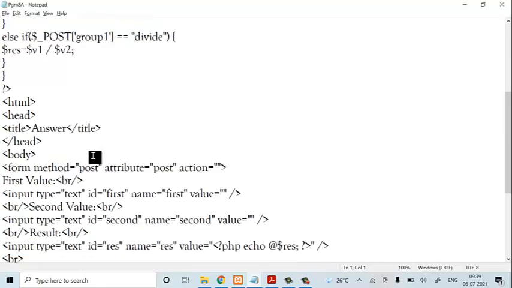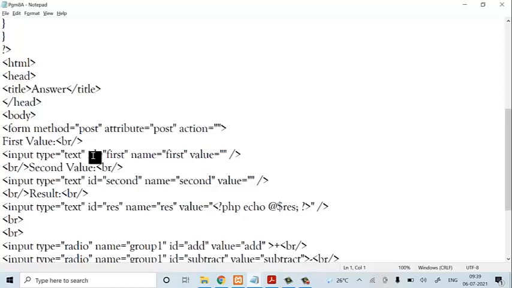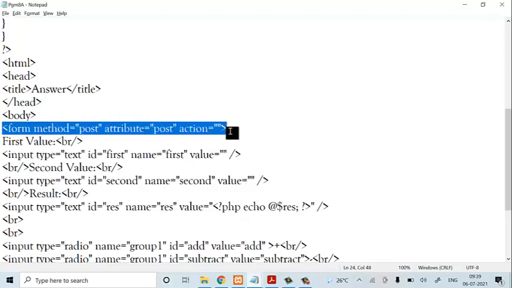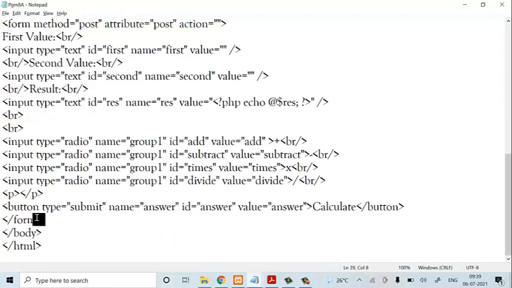Okay, so now we will see the front end part. First we know that whatever text boxes and check boxes you want to put in the web page should be incorporated within the form tag. You can check it out here. I have written a form tag and the closing of my form. Within the form only I have written everything. Now I have taken a first value. This is a label, I just wrote a label, first value.